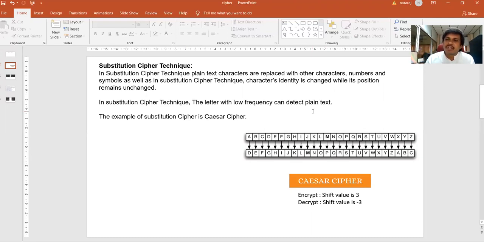Just the difference will give me the shift value, and the shift value is the key here. Just a number. That number is also 1 to 26, because there are only 26 alphabets, right? That number can also be 1 to 26 only. It is very easy to predict this encrypted text. So it is not advisable. Now we will see a program.